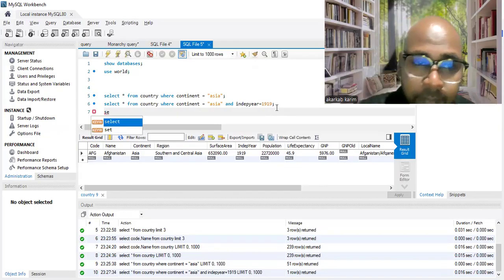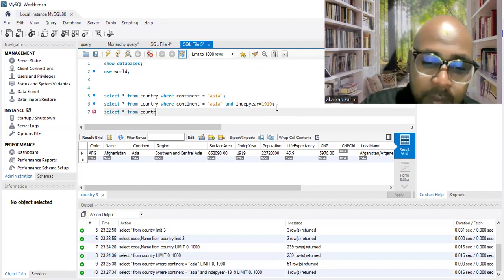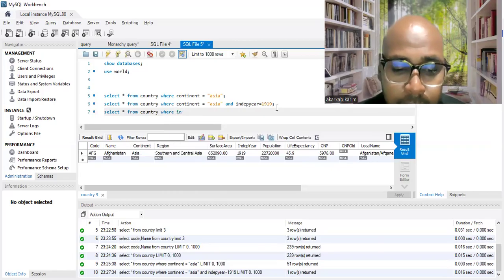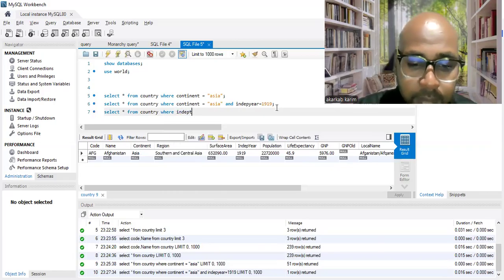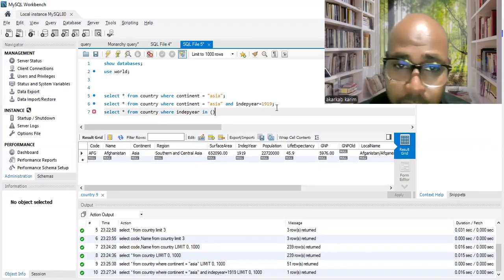Select star from country where year... In we have this clause of IN, and we put between parentheses the years that we have. We want just two conditions.